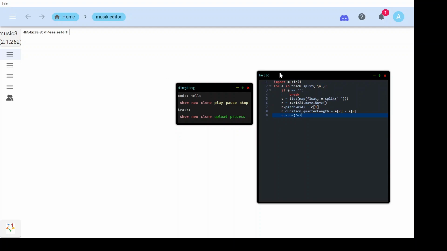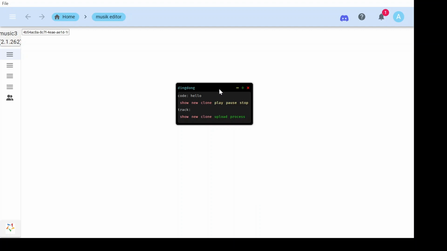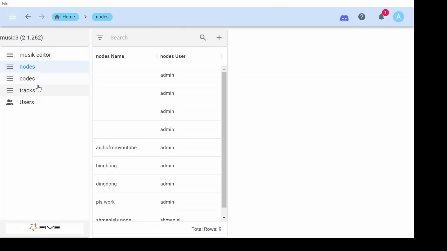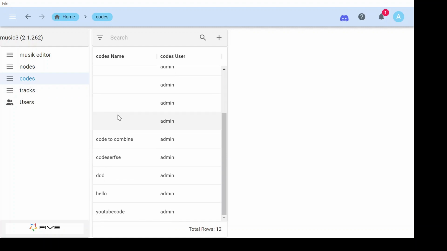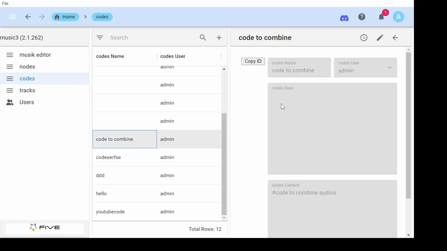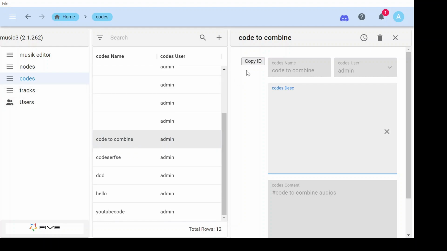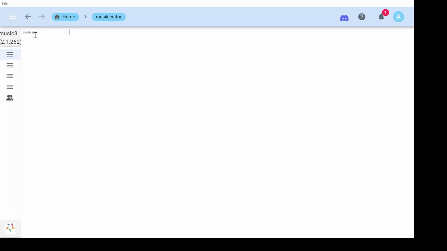So the next thing to show is that there's actually a database of nodes, codes, and tracks. You can click on it to maybe look at the description. I can edit this one because I'm the admin, the creator of this code. But the cool thing is that you can copy this code, and if I go back to the editor,